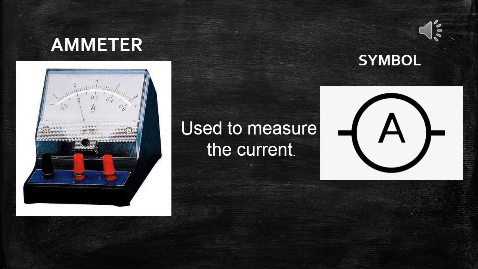The next device is ammeter. Ammeters are widely used in physics lab. Not only in physics lab, wherever you want to measure the current, ammeter should be used. In ammeter you can see the letter A in the middle of the device. A stands for ammeter. This ammeter is used to measure the current. The symbol of ammeter is given in the nearby picture. The letter A has a circle around it. That ammeter has got two polarities, positive and negative end. So that is the symbol of the ammeter.